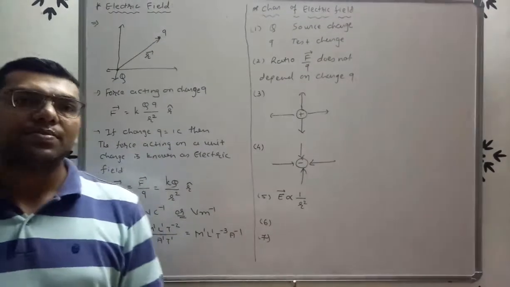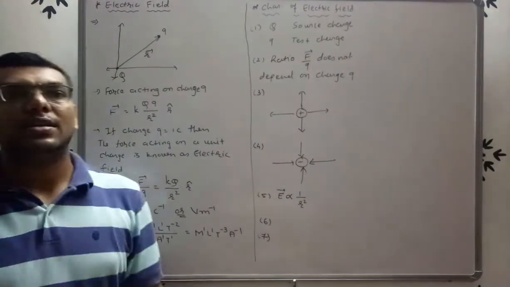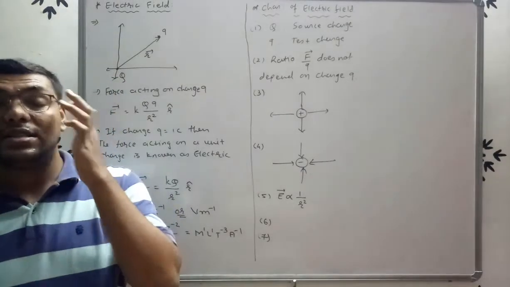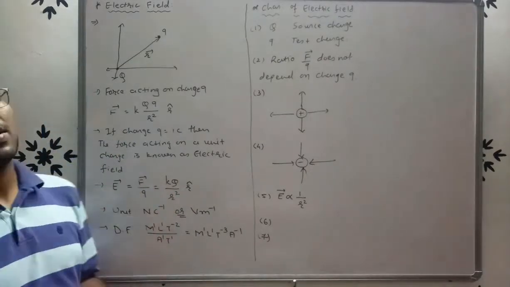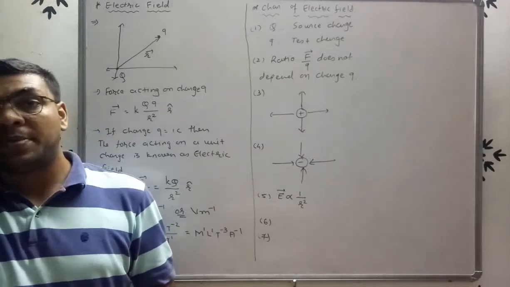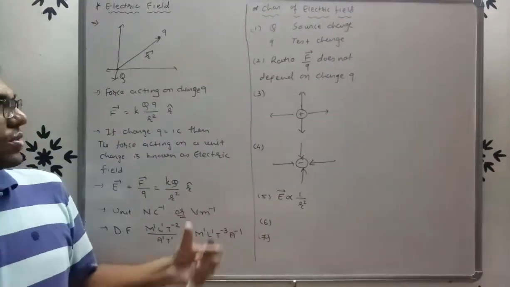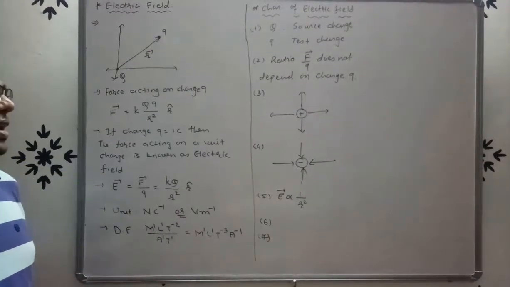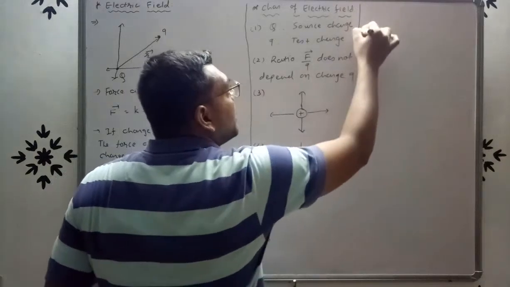And number 7, the phenomena of electric field is explained by Faraday. Right? So Faraday is the first person who discussed the electric field. Right? So this electric field phenomena is first of all discussed by Faraday. Right? So these are the characteristics of the electric field. Right? Now we move forward to our next topic,